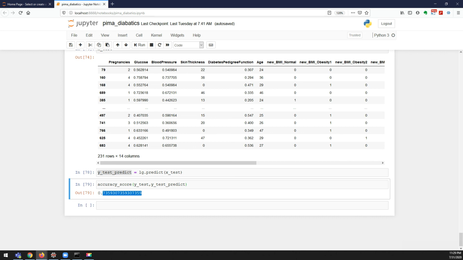So this 73% tells you the overall, but I want to know the individual things: diabetic as diabetic, non-diabetic as non-diabetic, diabetic as non-diabetic, and non-diabetic as diabetic. I just want to know those ratios also. That is very, very important, especially when you talk about accuracy in classification, because it can mislead a lot.